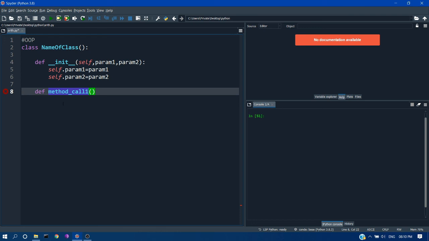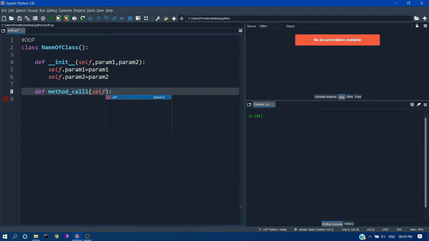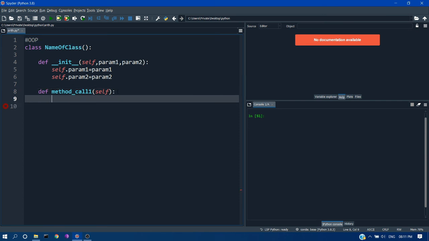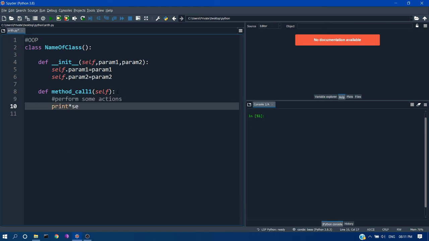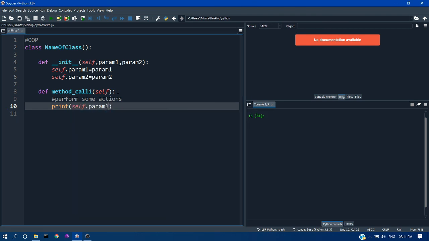Next we will define the methods associated with the class. This is more or less like a function, with the method name, and here you have to use the self keyword again to make Python understand this is a method connected to the class. So here you can add actions. If you call self.param1, it will know you are calling the attribute param1 that is connected with the class itself. We are going to explore more concepts in further lectures.